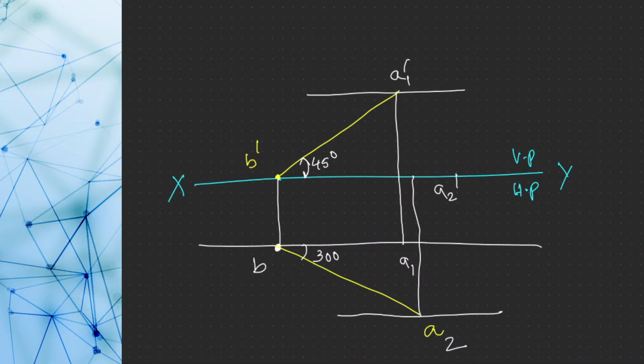Now with the help of a compass, with B dash as center and B dash to A2 dash as radius, you draw an arc. It will intercept the locus line of A1. This one I am giving the name A dash. Similarly, B